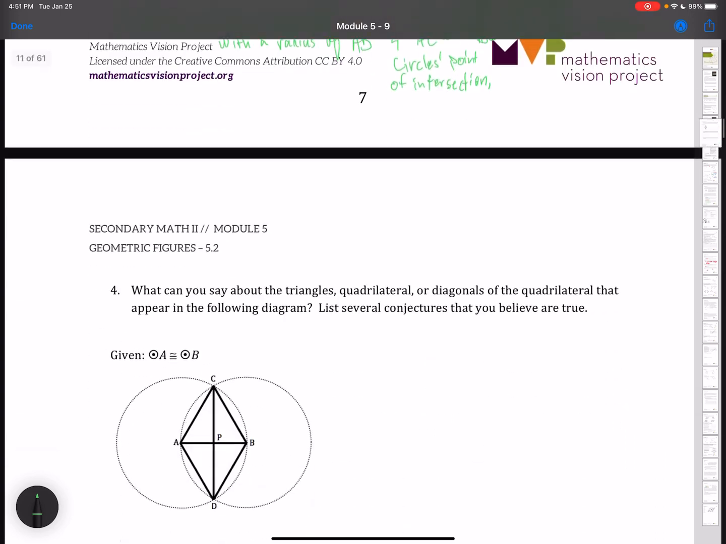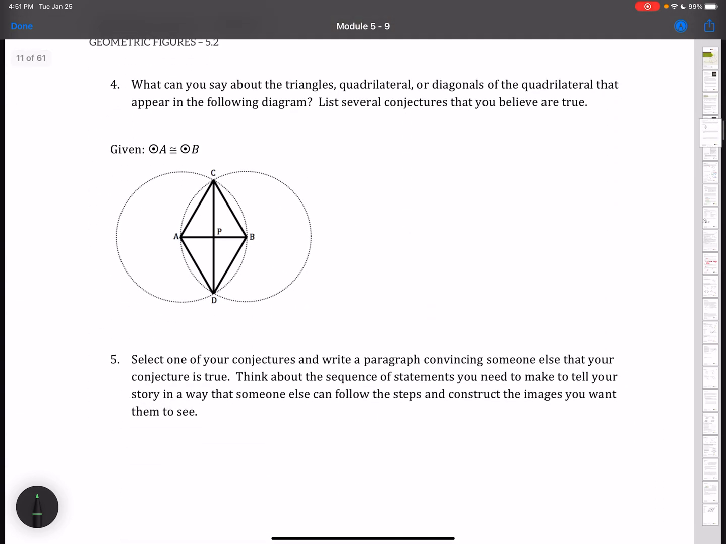So let's now look at another case. What could we say about the triangles, quadrilaterals, or diagonals of the quadrilateral that appear in the following diagram? List several conjectures that you believe are true. Now, conjecture is just basically a statement that you think might be fact, okay? Also, it's cool to note here, they gave us that circle A is congruent to circle B. Now, that little symbol here, that means congruence, right? It's an equal sign with a little squiggly line above it, and that means that circle A is congruent to